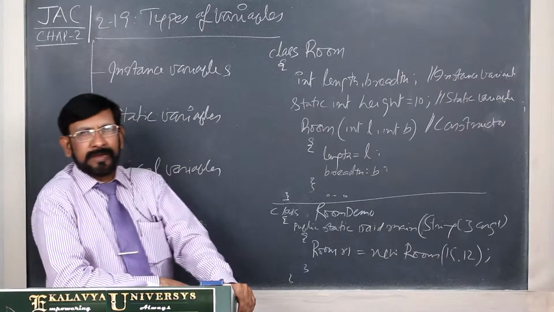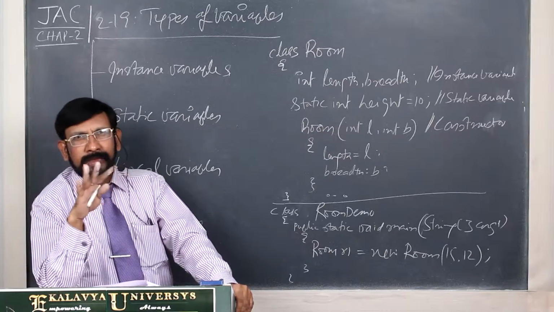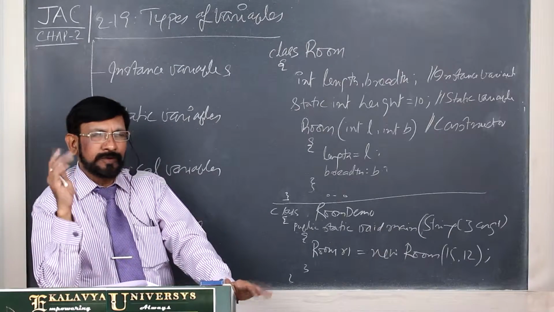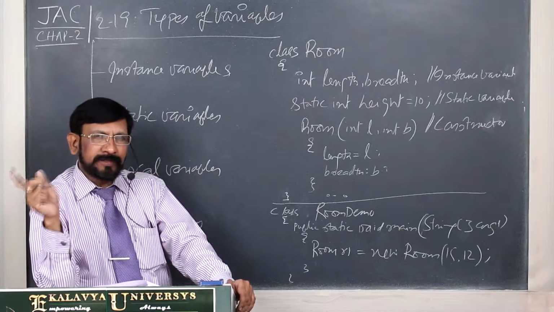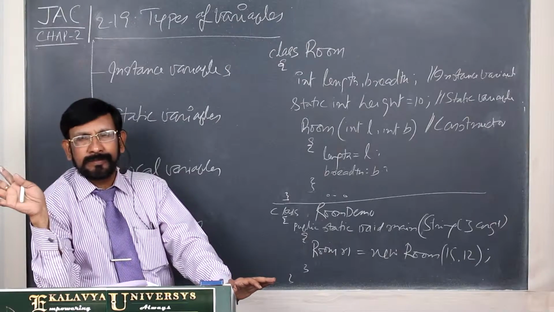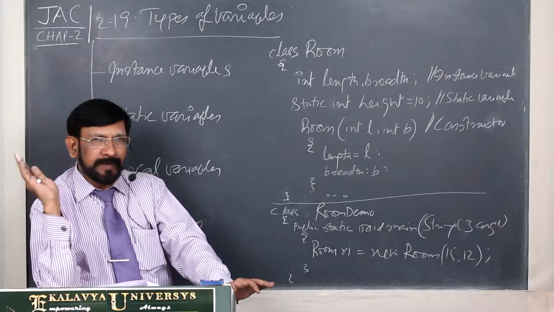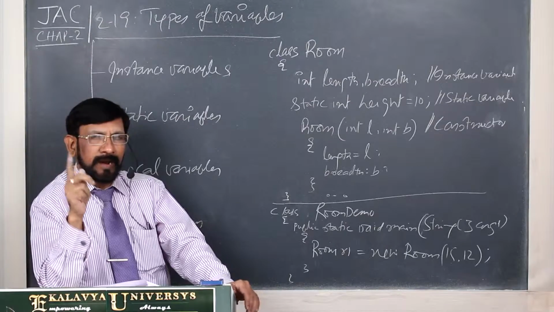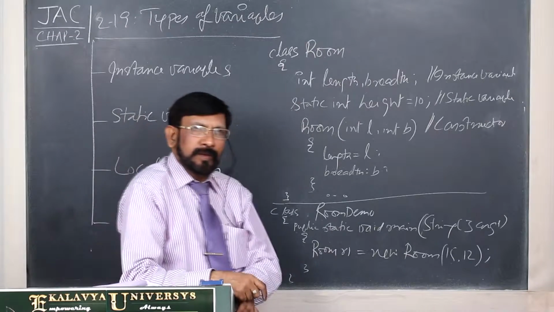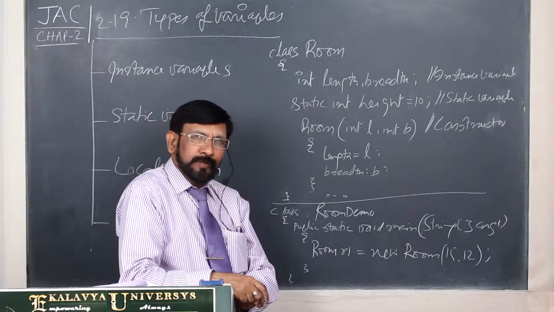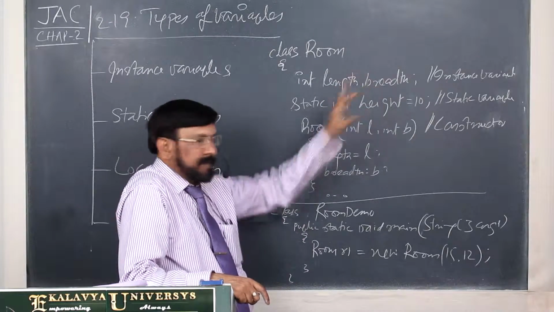Actually, if you take any building, it is the composition of rooms. If you take a building, one specific unique feature you can find. There may be 10 rooms. The length and breadth of the rooms may be unique. Suppose in our college building, all rooms' length, breadth and height may be the same. We take a normal house, and the length and breadth of each and every room may be different. So for storing length and breadth of every room, we want separate memory locations. That's why we are creating length and breadth.